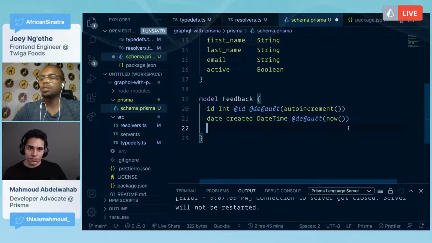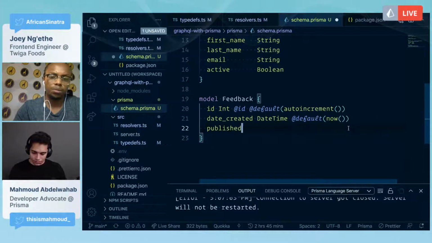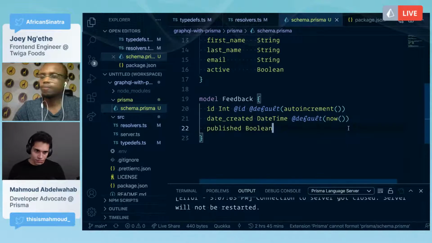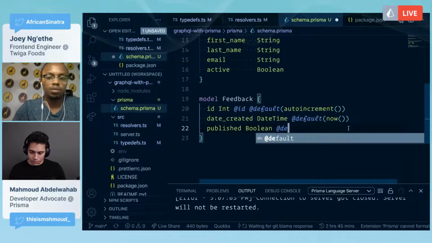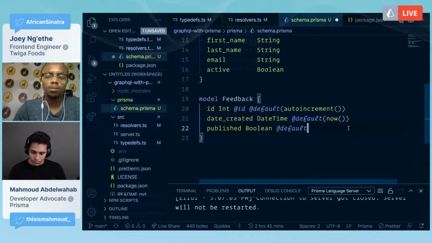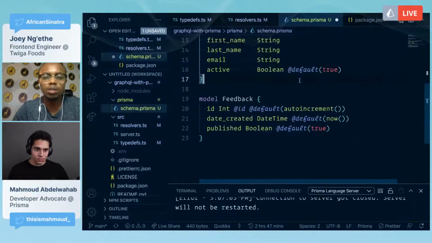When the data is being created, it will just pick up the time and the date. Have a publish field. And this one we can default to true. Also default this for the user as well to be true.